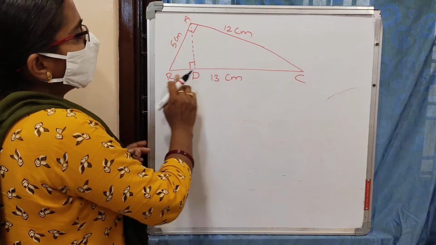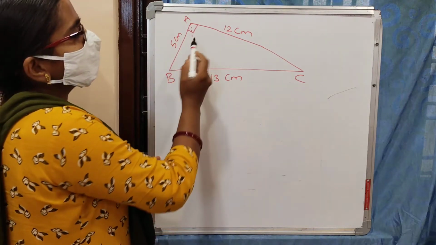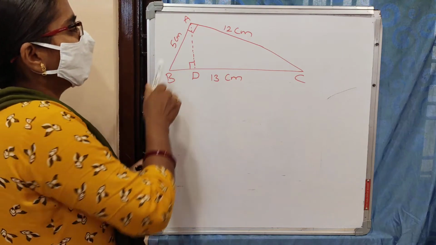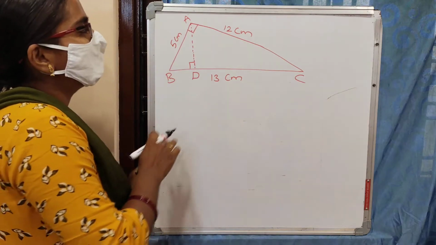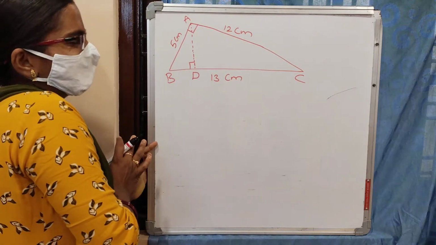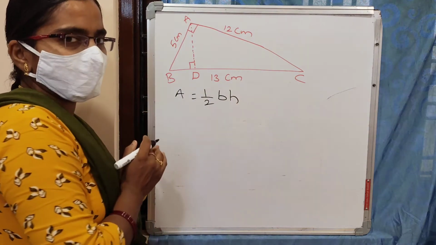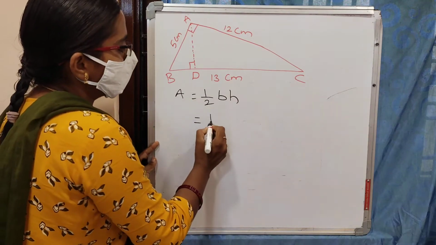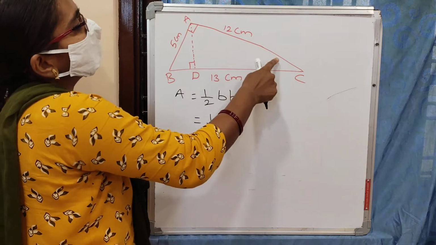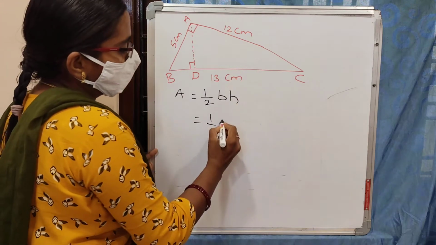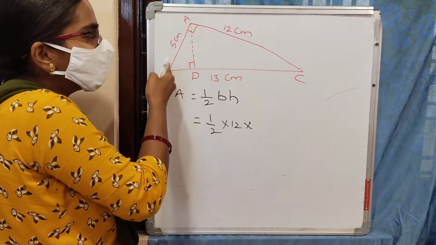So here ABC is a right angled triangle. The right angle is at A. Now AB is 5 centimeter, BC is 13 centimeter, and AC is 12 centimeter. First find out the area of this triangle. The area of a triangle is half into base into height. Here it is simply a right angle triangle, so you can take 12 as the base, into the height. This is the 90 degrees line to this AC, which is AB.